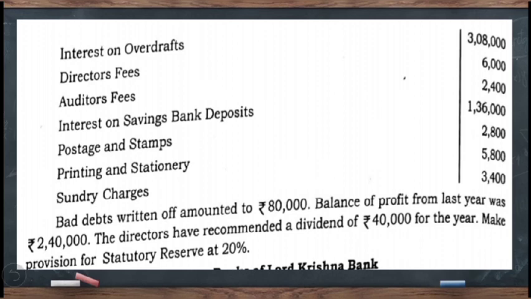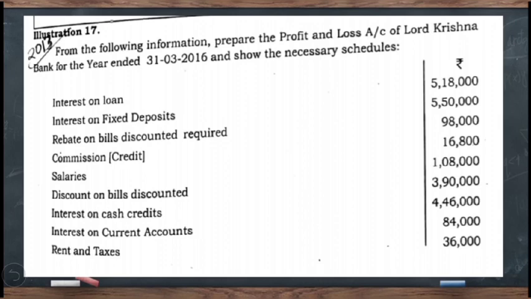The requirement is to prepare the profit and loss account along with the relevant notes. Here first we will be showing all the relevant notes, that is note number 13, 14, 15, 16 and also provisions and contingencies. Then the total of each note will be taken to the profit and loss account directly. That is how we prepare the final accounts. First we have to show all the relevant notes, then the total of those notes can be directly taken to the profit and loss account.